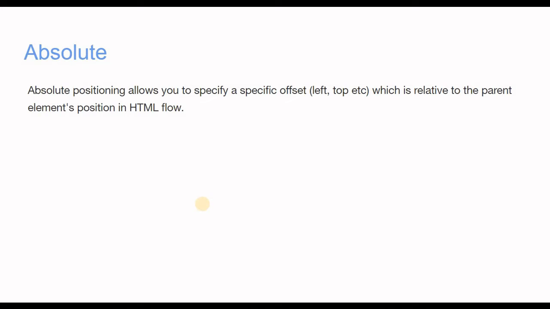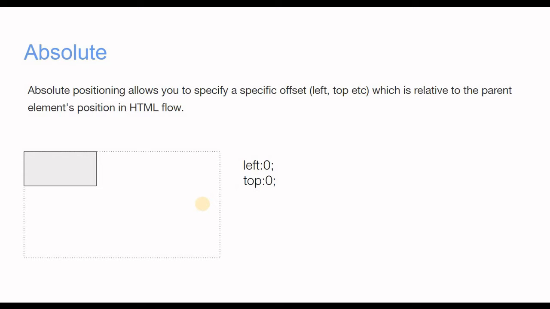And absolute, as you know already, most of the people are aware about this absolute position. Absolute positions also have access to top left value, but the main thing is absolute position HTML always depends on the parent element's position.